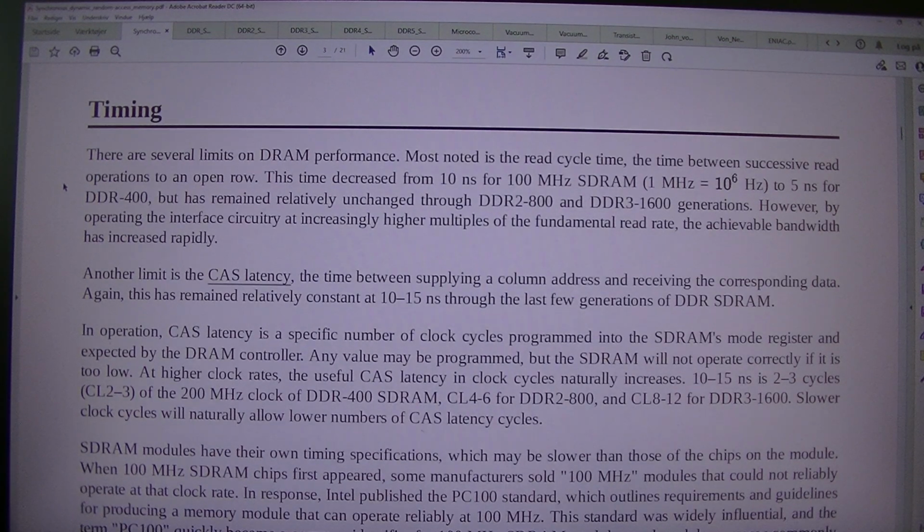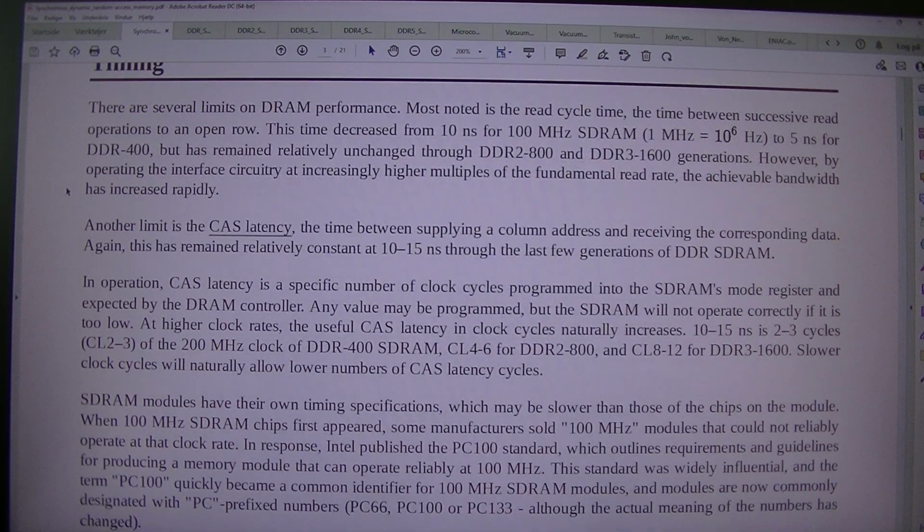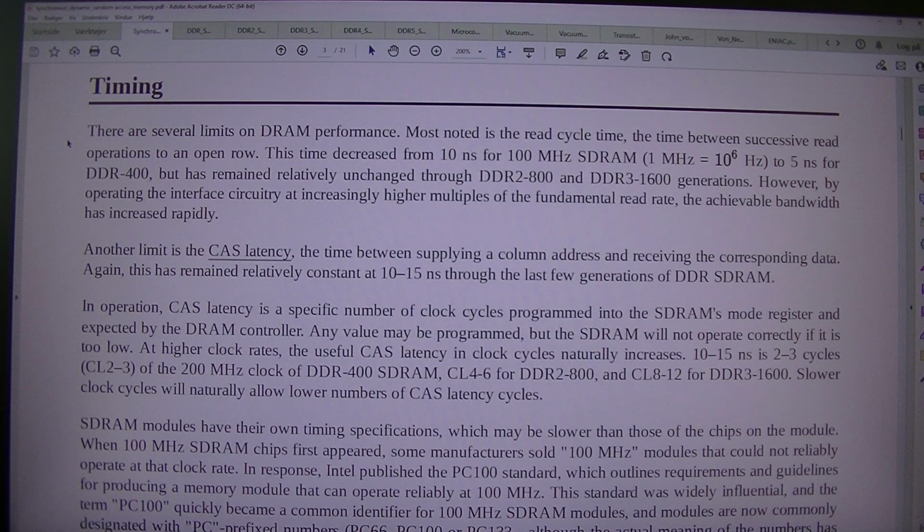Timing. There are several limits on DRAM performance. Most noted is the read cycle time, the time between successive read operations to an open row. This time decreased from 10 ns for 100 MHz DRAM to 5 ns for DDR400, but has remained relatively unchanged through DDR2-800 and DDR3-1600 generations. However, by operating the interface circuitry at increasingly higher multiples of the fundamental read rate, the achievable bandwidth